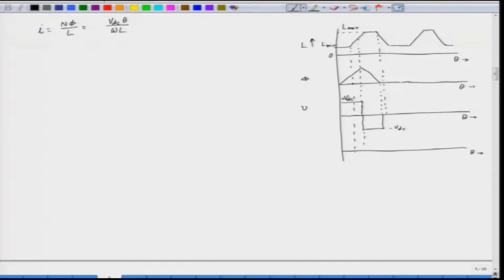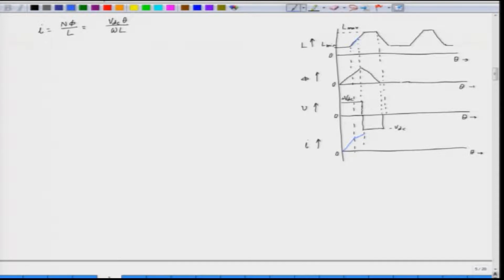So, when the inductance is very low, we have applied the voltage, and the current will rise to the maximum possible value. This is how the current will rise, and then when the inductance starts increasing, although we have a positive voltage in this case, the current rise will be a little bit arrested. So, these are the various variables: the inductance, the flux, the applied voltage in the winding, and this is the current. The rise is arrested because the inductance is gradually increasing. This is the increasing side of the inductance, and inductance is further increasing.